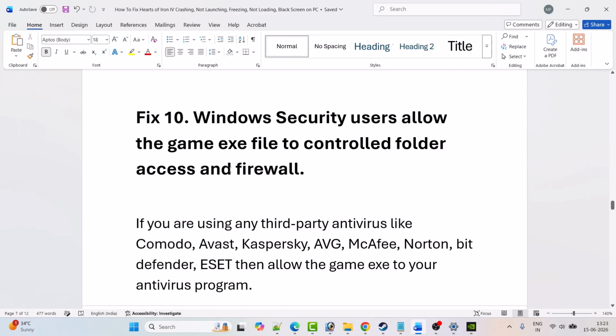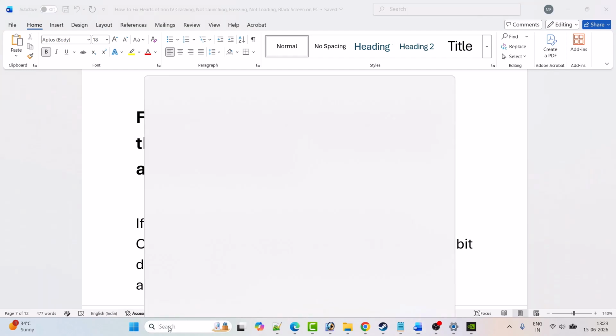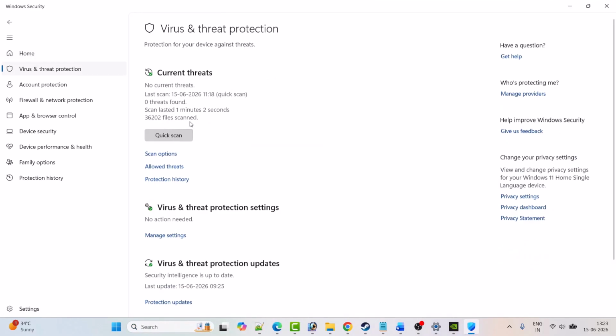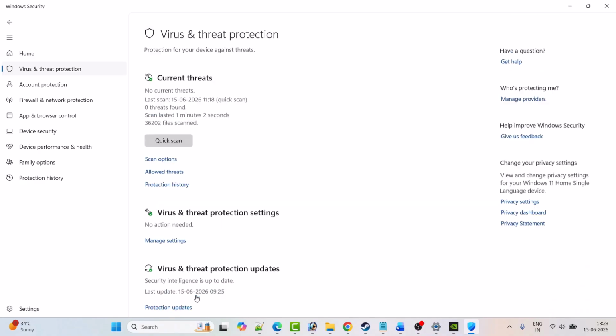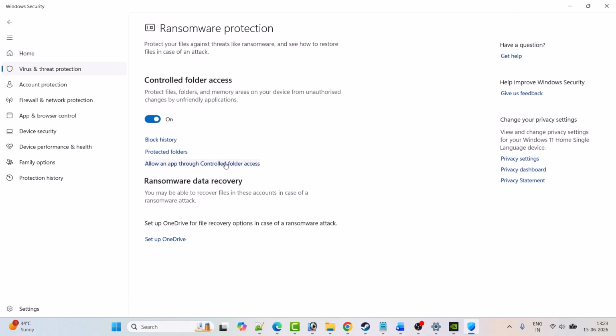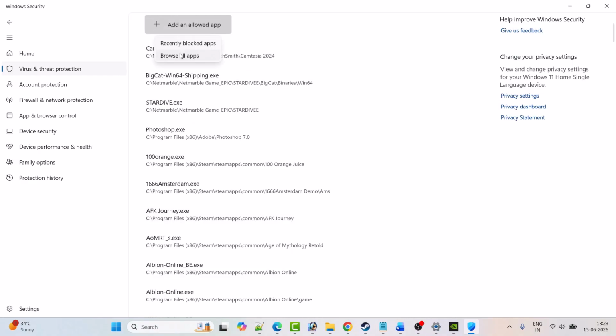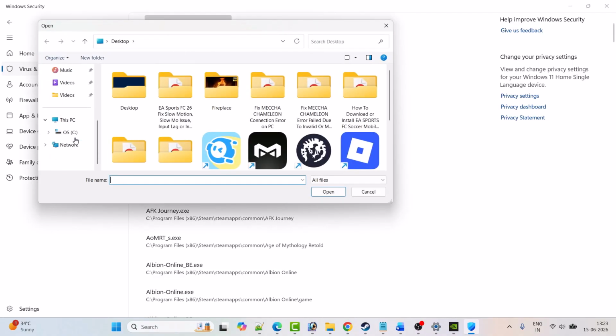Fix 10, Windows security users, allow the game exe file through controlled folder access and firewall. So in Windows search type Windows security and open it. Click on virus and threat protection. Scroll down, click on manage ransomware protection. Click on allow an app through controlled folder access. Click yes to allow. Click on add an allowed app, browse all apps, and then browse to the game installation